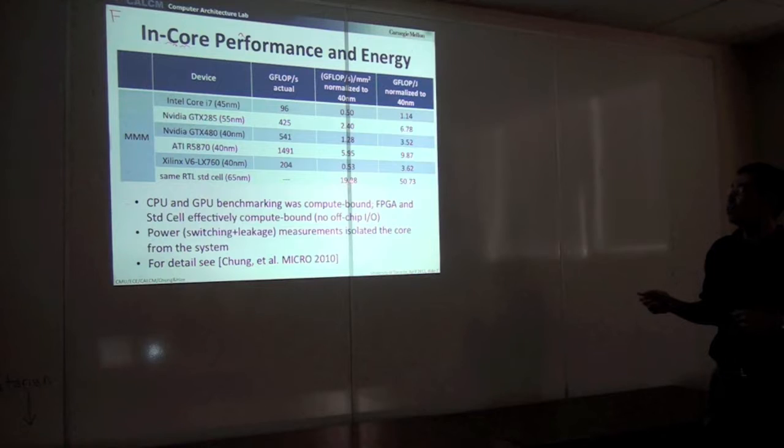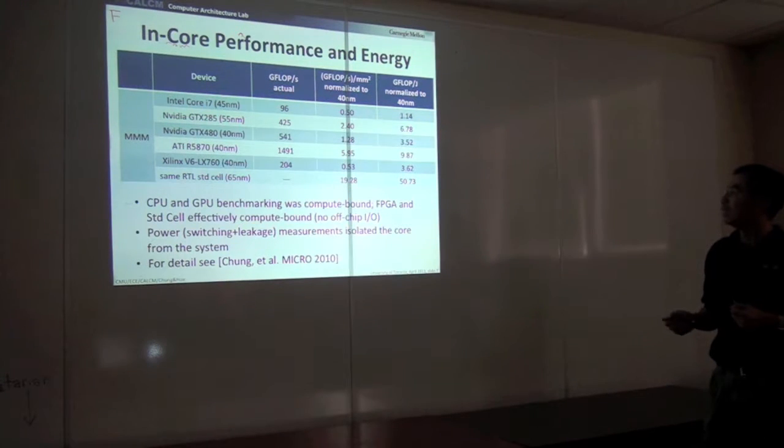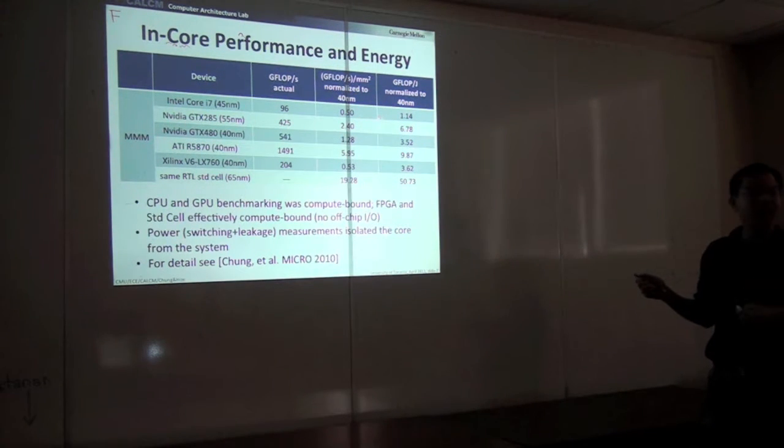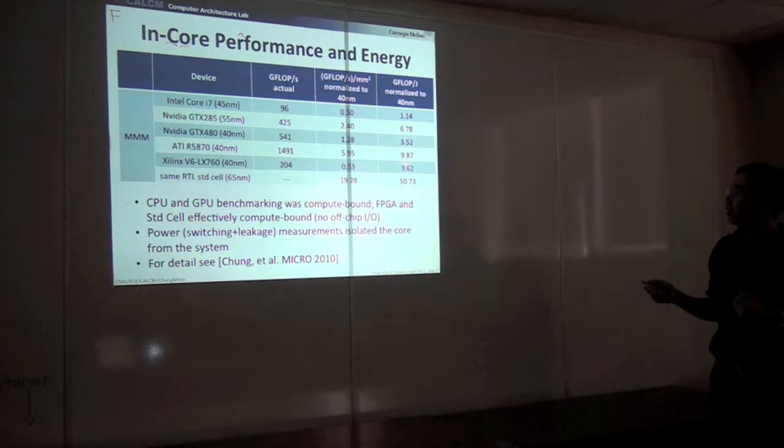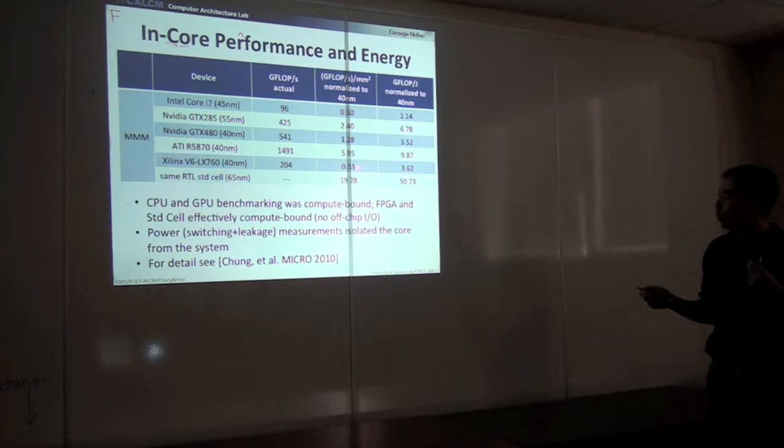So obviously, doing things hardwired in ASIC in transistors is the best you can do, the most efficient in terms of area and power. CPU, in order to be pretty good on a lot of different things, pay a huge overhead, and so their performance per area, performance per power is much lower than everybody else. And here you'll find that FPGA has a large interpretation overhead; you're still mimicking, you're not quite working at the native hardware level. And you think of what GPUs really are, these are just a bunch of floating point units. They're going to be very, very efficient in terms of area and power. But now if you come over to this,